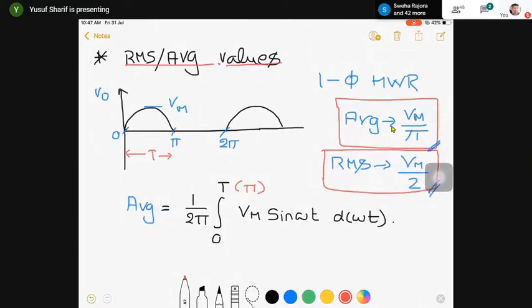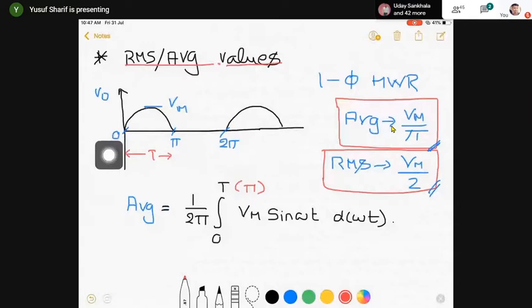Look at the waveform carefully and tell me what the time period is. What is the definition of a time period? The time taken to complete one cycle is nothing but the time period. Okay. So after that time period, the next cycle should start. Just tell me one thing. This is a periodic waveform, right? Fine. And what is the time period here? You said it is 0 to pi.